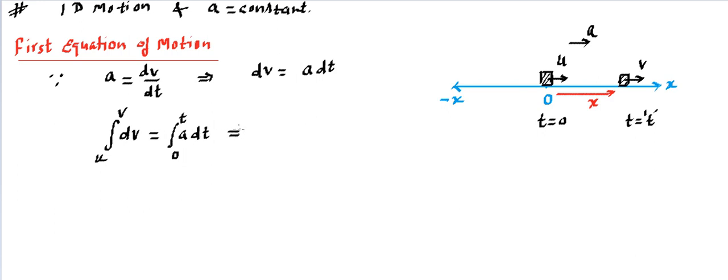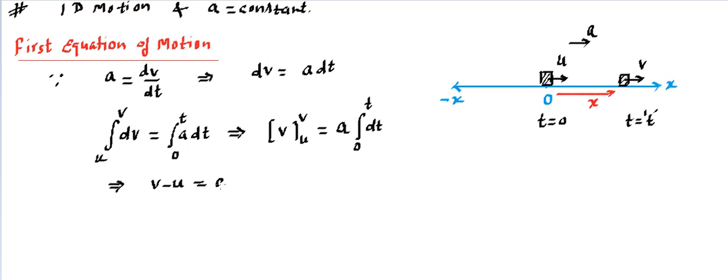And you know the integration, and the left hand side is going to be v, and the limit has to be placed from u to v as per the rules. And on the right hand side you will find that a is a constant. Whenever anything is a constant, it can be taken outside. Now, mind that this a is taken outside simply because of our assumption that we are talking about the case of a constant. So it will go from 0 to t.